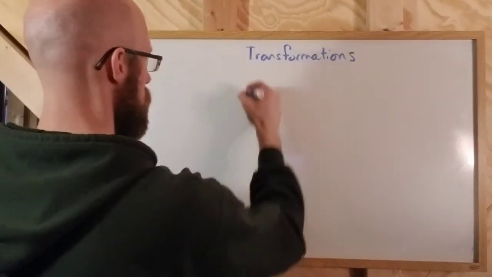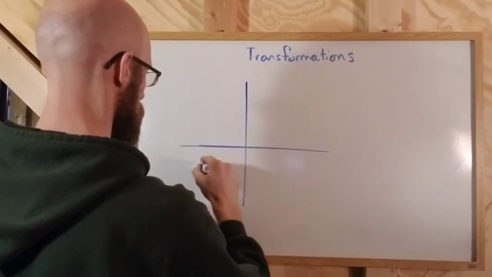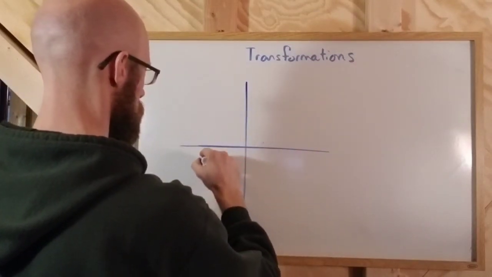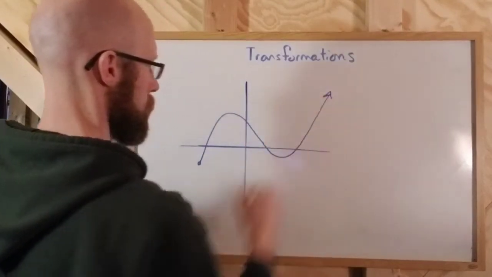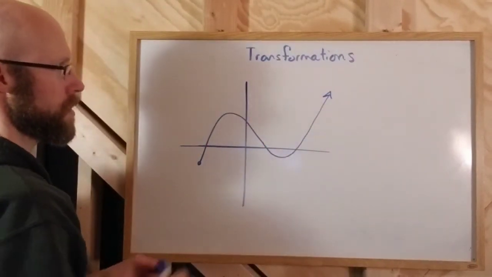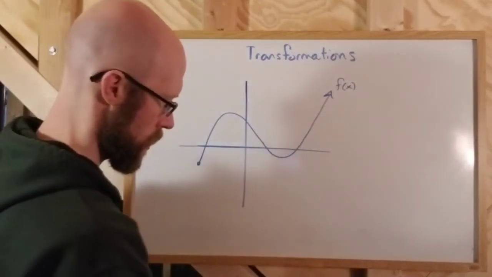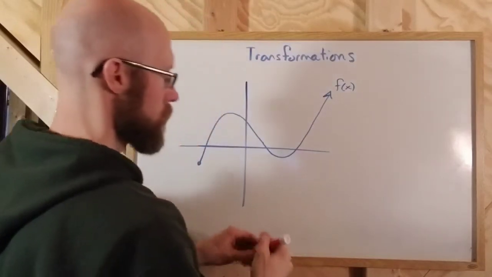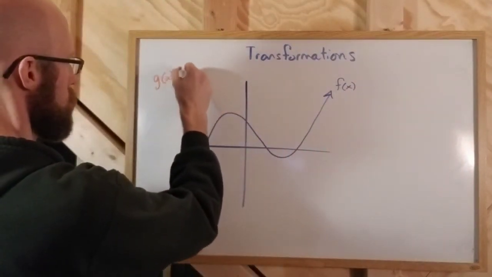Let's say we had, I don't know, something that maybe goes like this. And let's call this f of x. Okay, here's my graph. Then if I wanted a new graph, let's say that g of x is the absolute